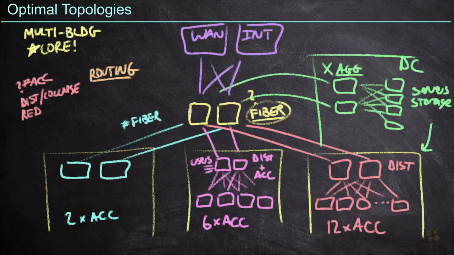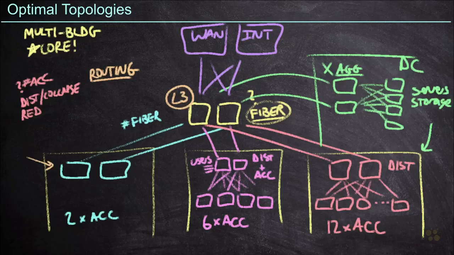Well, first and foremost, we need to understand that in this scenario, all of these connections between core and building should be layer 3. Now, layer 3 should absolutely be the rule, but we might want to consider some exceptions. For example, this small building down here, we've got just 2 access layer switches. Does it warrant putting layer 3 switches out there just to have the benefits of layer 3? That is a conversation we're going to have to be able to have to decide whether it really does make sense to, strictly speaking, push layer 3 everywhere, even in a scenario that doesn't, technically speaking, require it. But it certainly does keep our